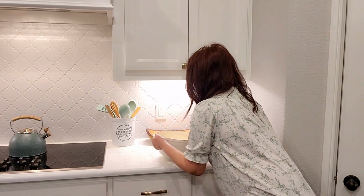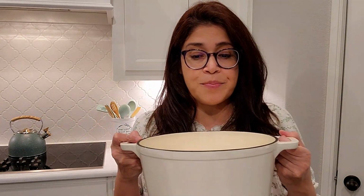All right, guys, I'm back. The dough has been resting for 40 minutes. So now what we need to start doing is preheating our oven to 450 degrees. And what you're gonna bake your bread in is a Dutch oven. And here's my Dutch oven. It's right here, and you wanna put this in the oven now with the lid